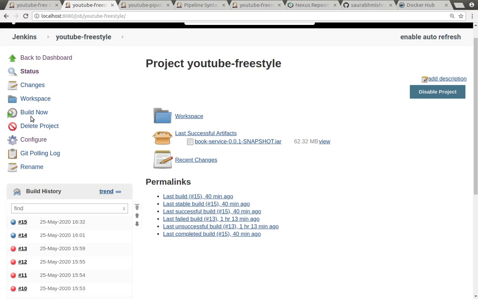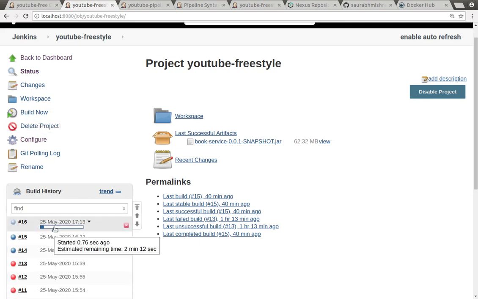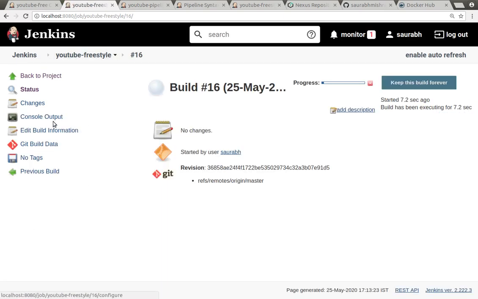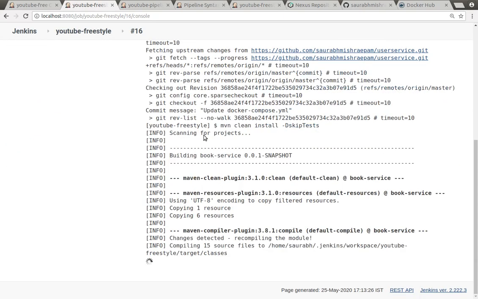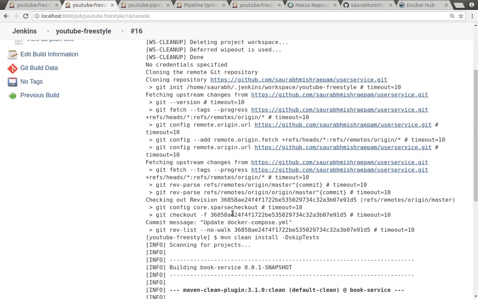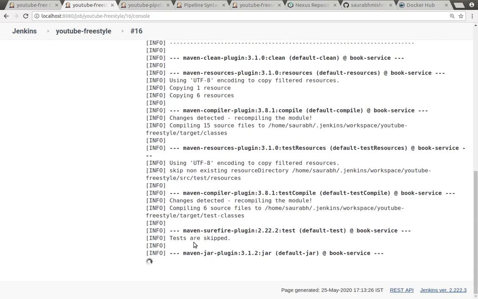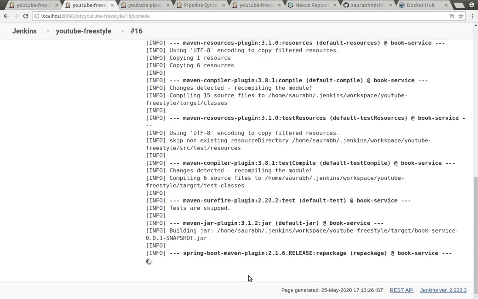Here you can trigger the build by clicking on build. That will build the application and push it into the Artifactory server. So let me click on that. We can see the details of that one. Here in the console output, you can see that the Maven code Git repository was cloned. After that, it is cleaning and building the Maven application. It is a Spring Boot Maven application, so it is building it.